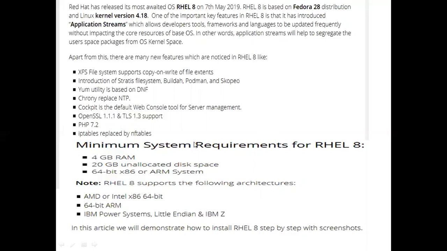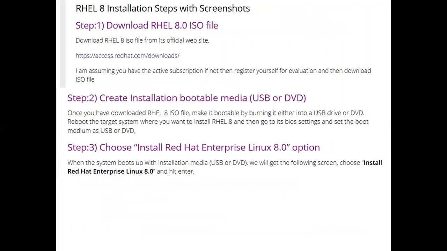At least 4 GB RAM, 20 GB of unallocated disk space, and a 64-bit x86 or ARM system. Apart from that, it supports the XFS file system, DNF-based package management, and NTP. What we need to configure, we will go through step by step and do the installation. It is based on Fedora 28. So that we will see here, and we can download the RHEL 8 ISO file from the Red